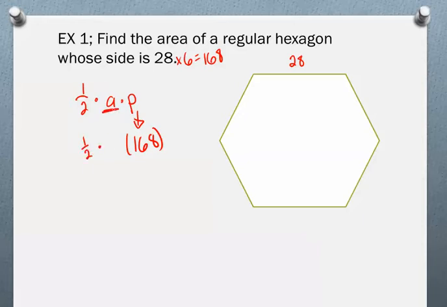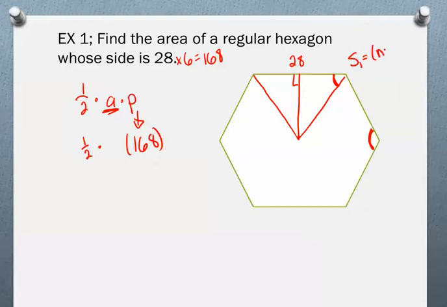So now what we need to find is the apothem. And we'll do that by doing a couple of things. We'll draw some radii, and we'll also draw an apothem. What we'll need to know is what the angle is at each of these vertices, so that we'll be able to know what this angle is in here. Now, if you remember back a few chapters, we can find that angle